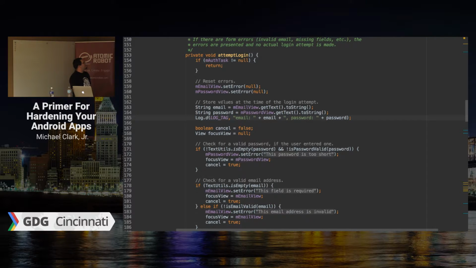So store values at the time of the login attempt. Here's where it gets the email from the text. Here's where it gets the password from the text view. And then you see Log.d, I'm logging out the email and the password. There's really not much more to it than that. I guess the fix would have been, if I had done this correctly, instead of having an I, it would be a D or a V. But really, don't